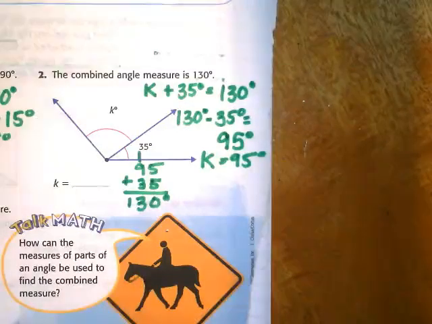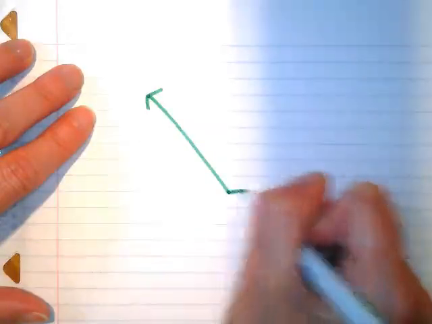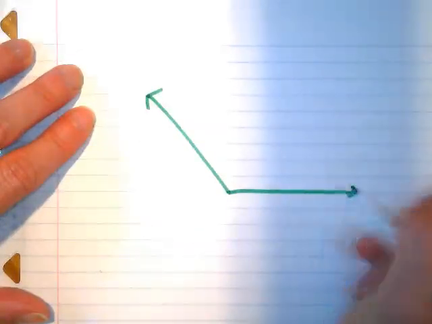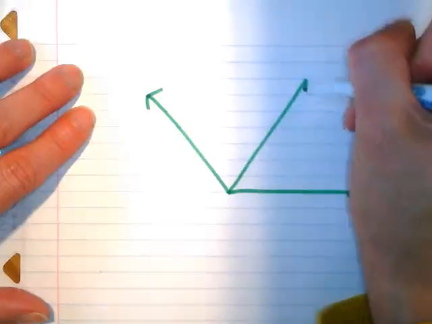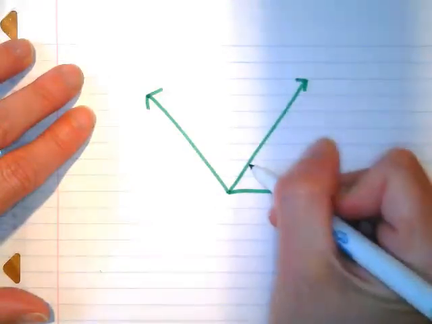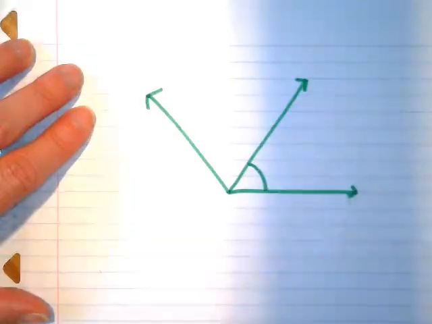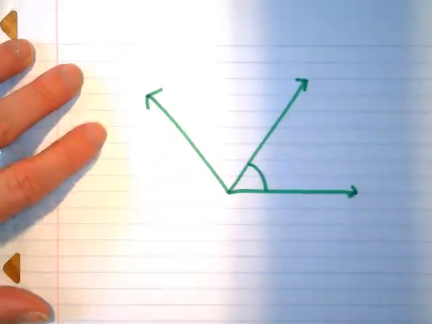The last thing that you might see, and I'm going to actually show you it over here on just a blank piece of paper, is what you might see is you might see something that looks like this. So you might see two angles. I'm just going to draw this as an example. And you might see something like this. So you might see this and they might tell you that this is,